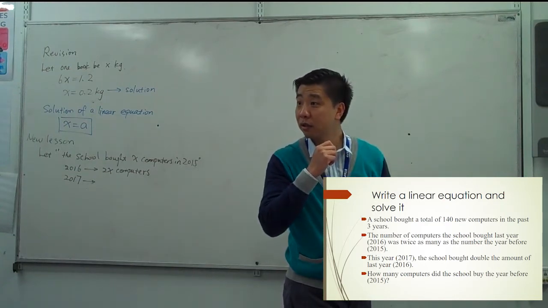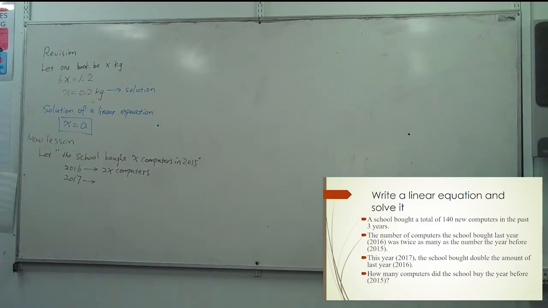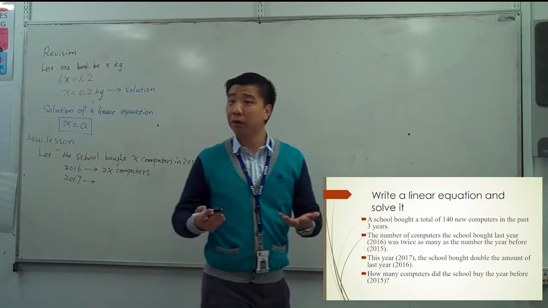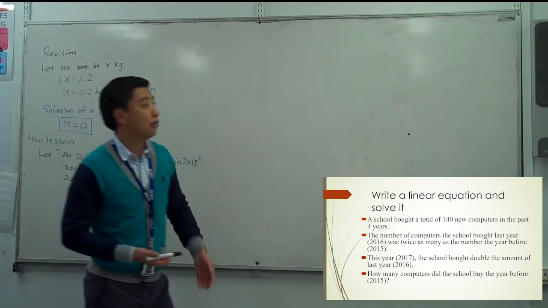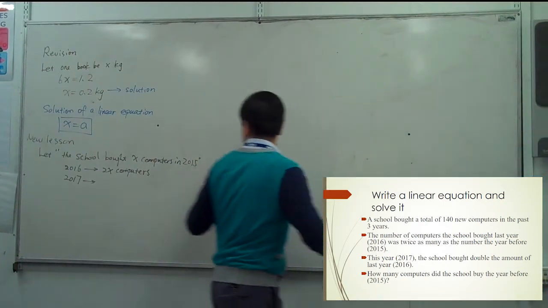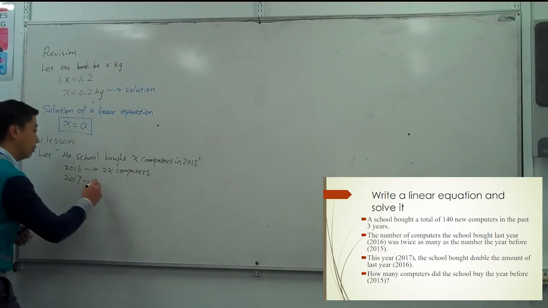Why is it 4? No, I think it's 2. It's double the amount. So it's double 2x. Very good, double last year. Last year was 2x, so we double last year. So that is 4x